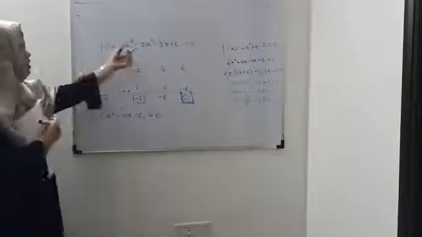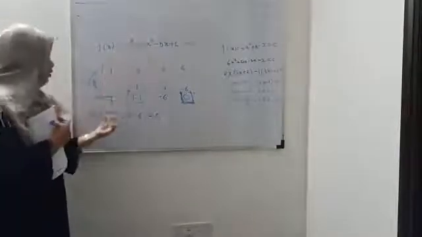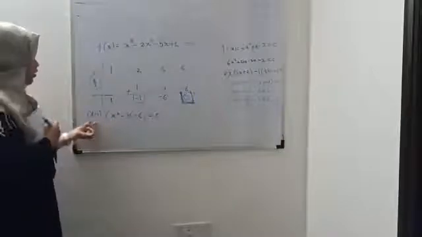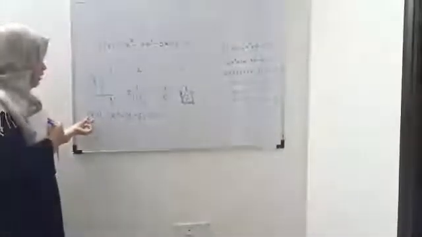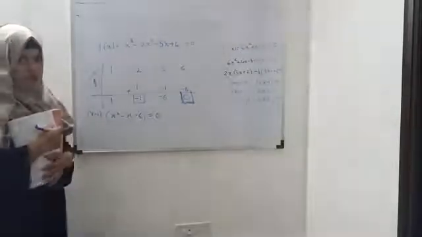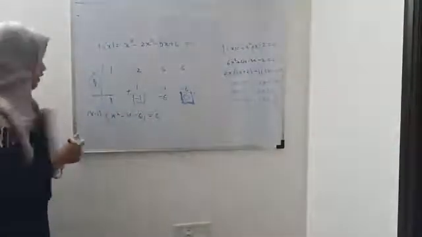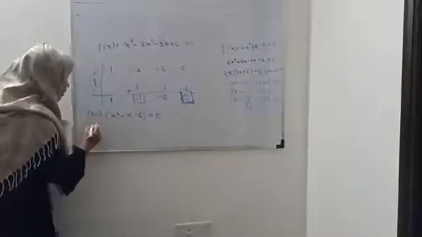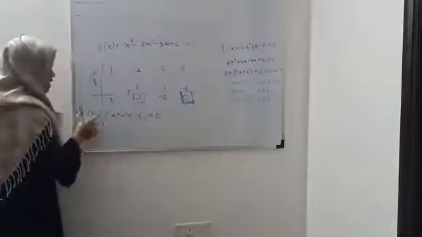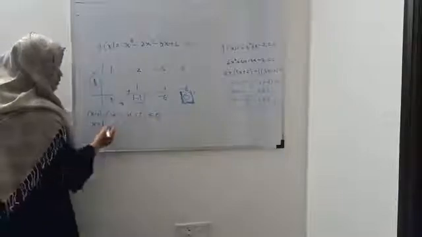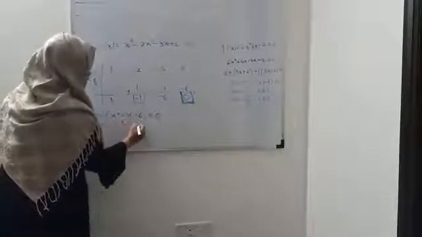So we have reduced this cubic into quadratic because we have got one root as x is equals to 1. So that can be written as x minus 1 equals to 0. तो हो जाएगा x is equals to 1. Okay. So from here x is equals to 1 हो जाएगा because this will be 0. And from here x square minus x minus 6 is equals to 0 हो जाएगा.